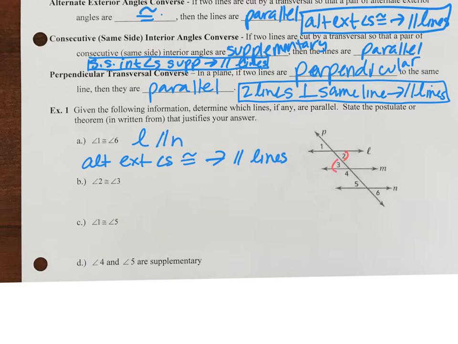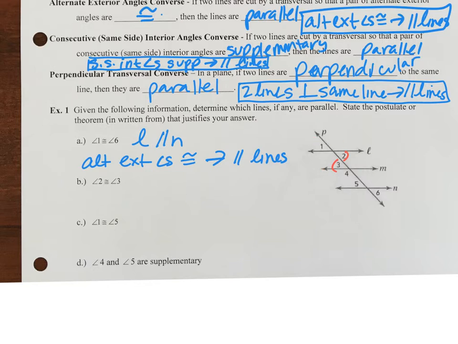So it looks like 2 and 3 are on alternating sides of this transversal P, and transversal P creates these angles with lines L and M. Now, what kind of a pair of angles are they? They're on alternating sides of the transversal, and they're on the interior of lines L and M. So, looks like we have